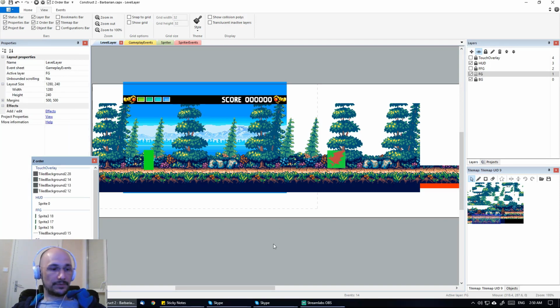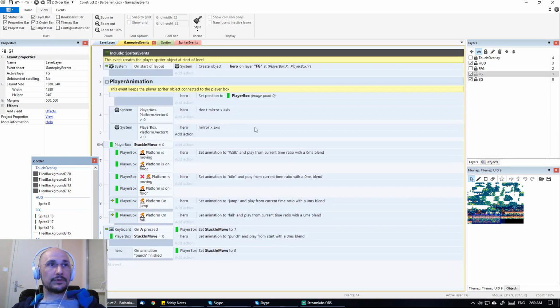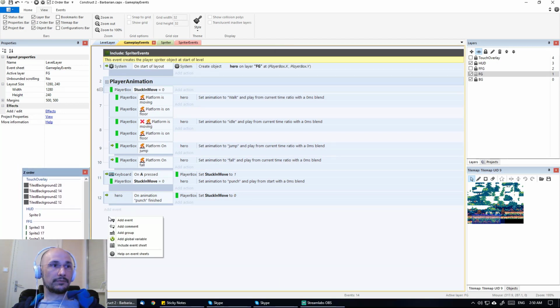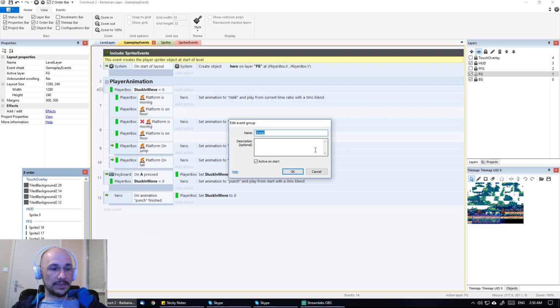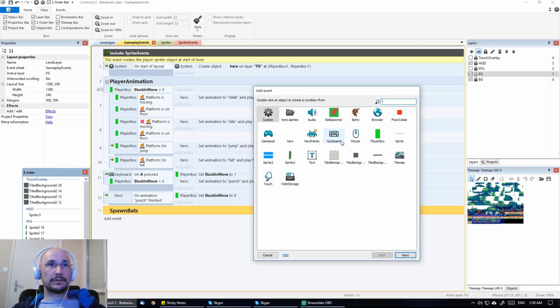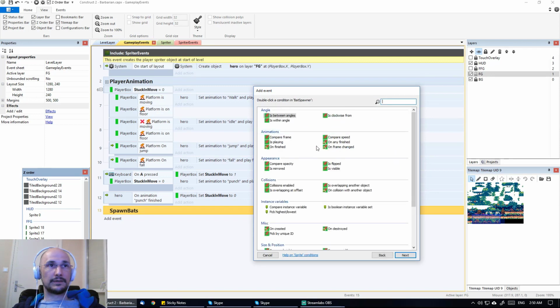All right, so now I'm going to close this group and right click and add a group, and this will be spawn bats. And then in this group we will have,